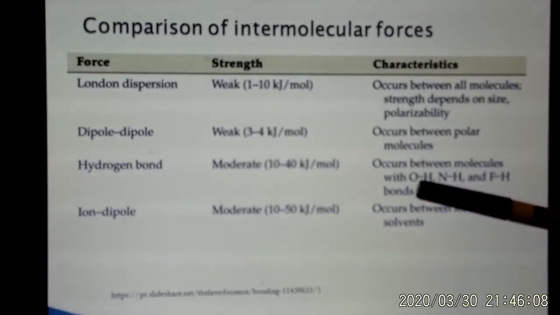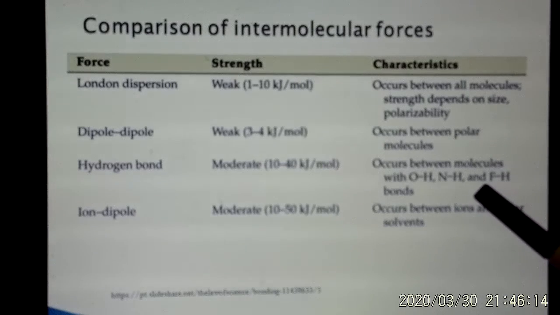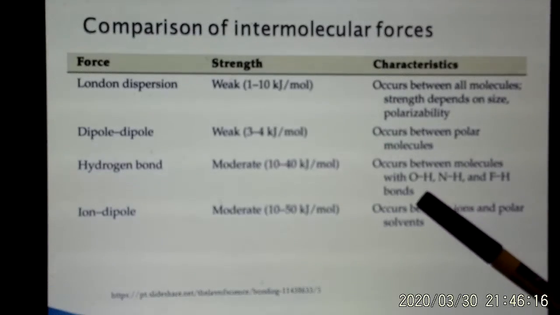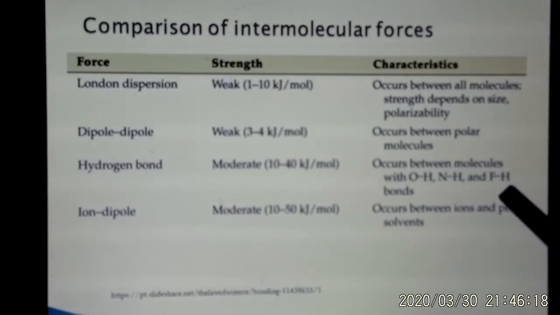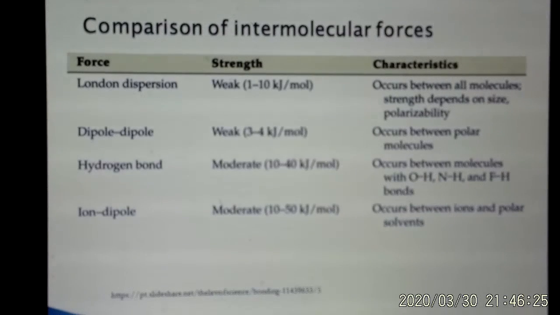If my molecules are not only polar, but it's got polar bonds such that I have lone pairs from oxygen, nitrogen, and fluorine, and slightly positive hydrogens, I'm also going to get hydrogen bonding to it. And we actually see hydrogen bonding. So if you look at